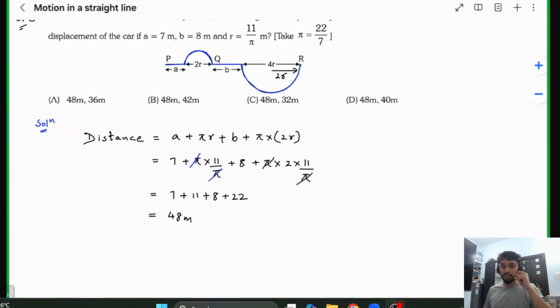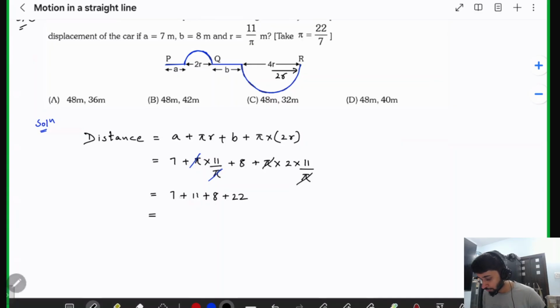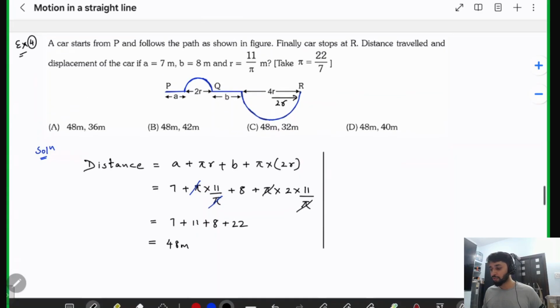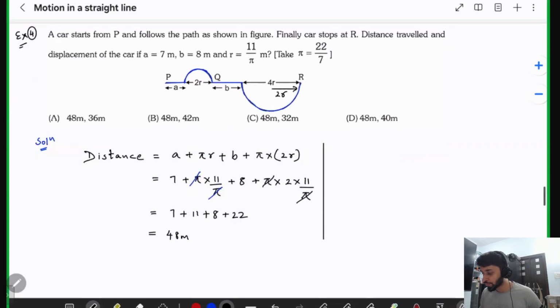Right. So the distance traveled here comes out as 48 meter. Now we need the displacement. So displacement is the shortest distance between initial and final position, right? So that should be pretty easy to find. The displacement will be equal to,